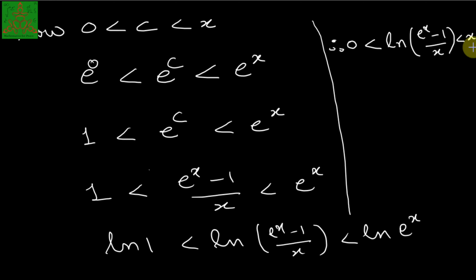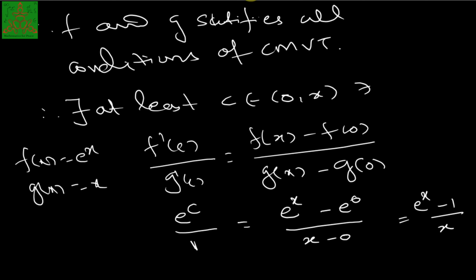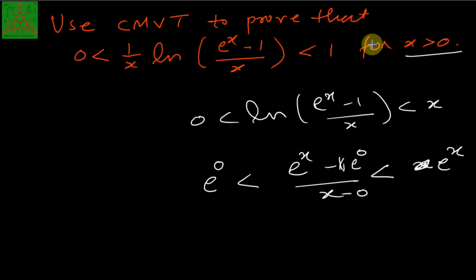And dividing by x, this gives me 0 is less than 1 upon x times ln of (e power x minus 1) upon x is less than 1. Hence we achieve what we want in this expression. So that completes the proof using